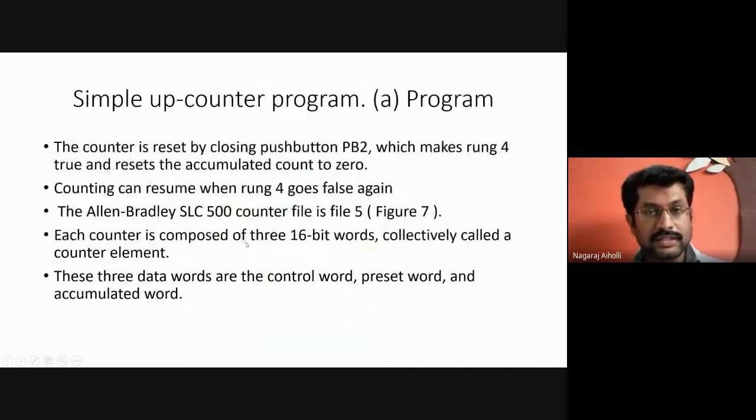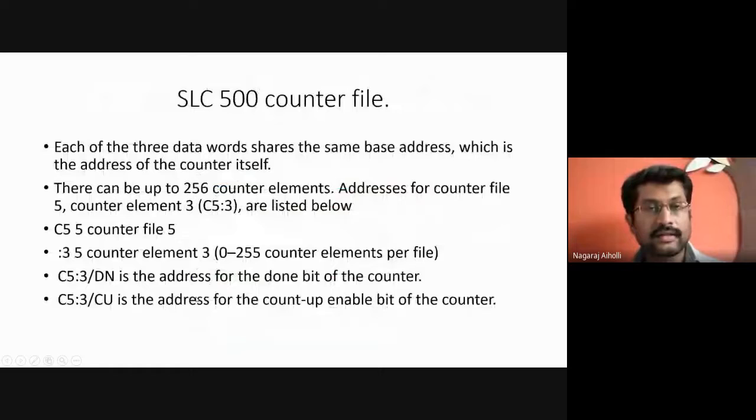Each counter is consisting of three 16-bit words. They are called as counter elements. These three data words are the control word, preset word, and the accumulated word. Each of the three data words shares the same base address, which is the address of the counter. Address of the counter is nothing but address of the data words.